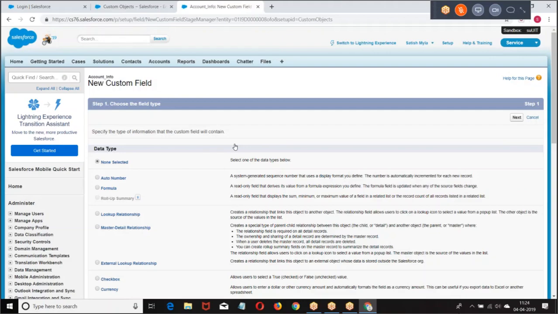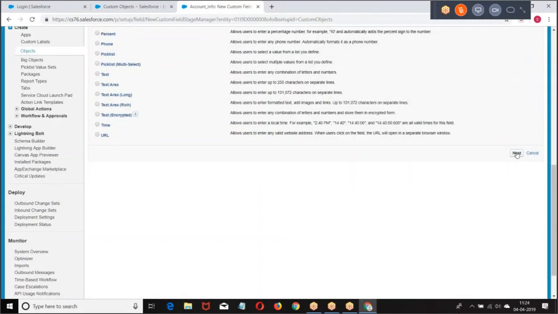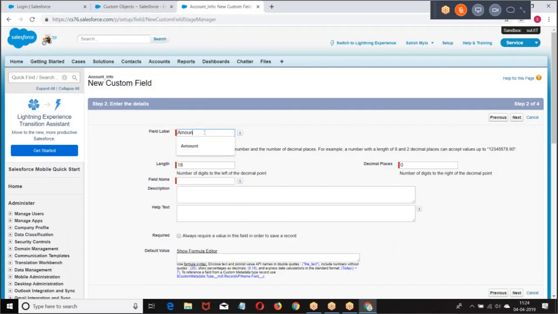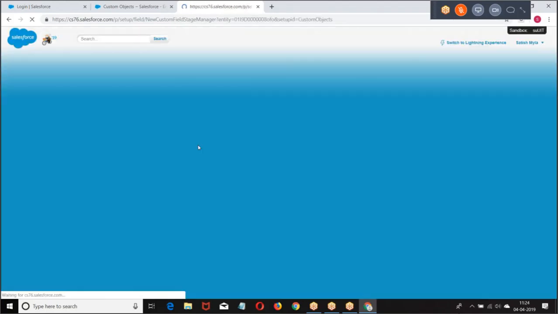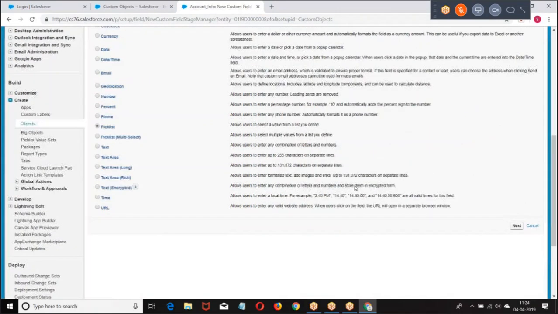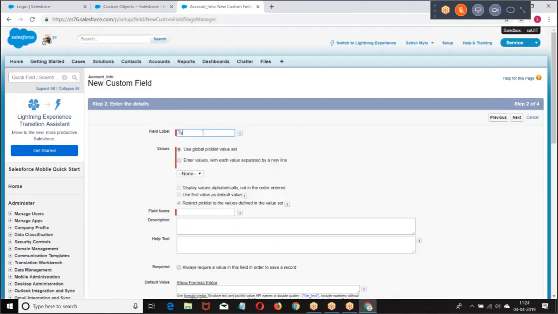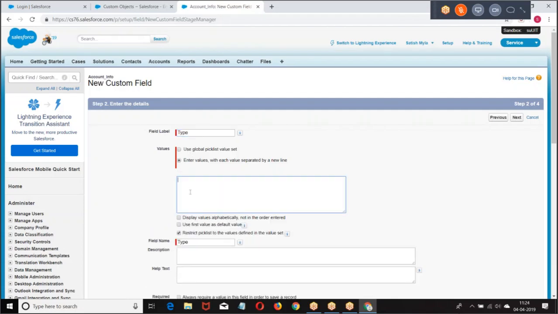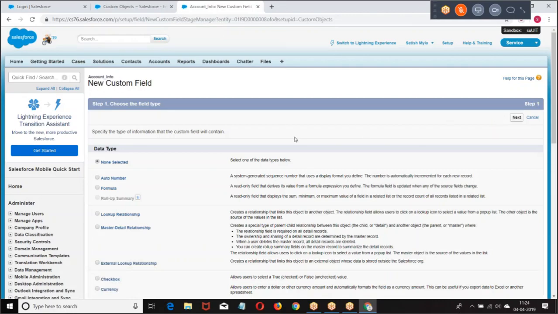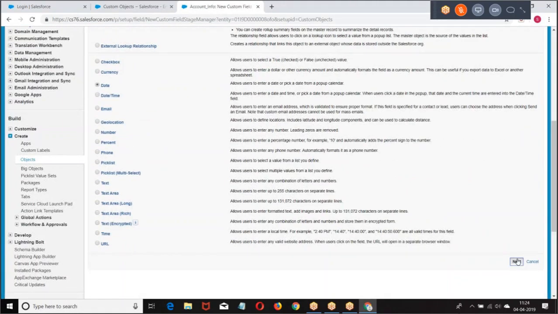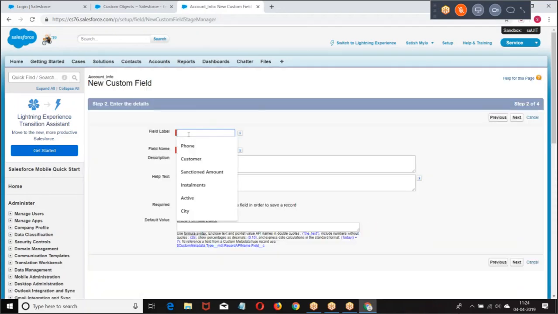Create some fields. Type, organization. A couple of fields I was creating.